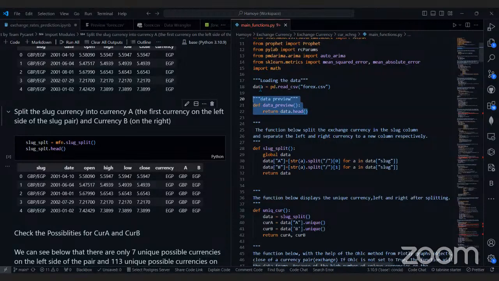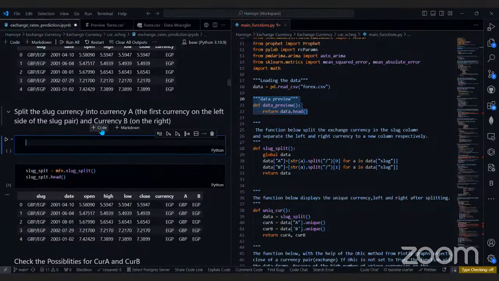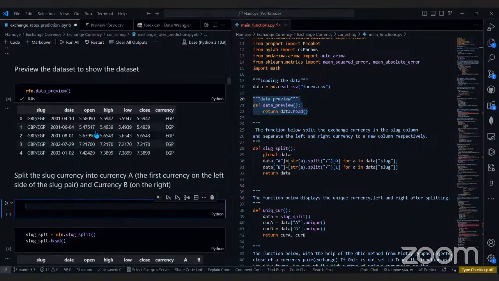So we are saying the global data, which is our data frame, pick it up, right? For column A, currency A, it's going to extract the first currency after splitting by the slash. I could do this manually for you to see. Hold on, did I run this?